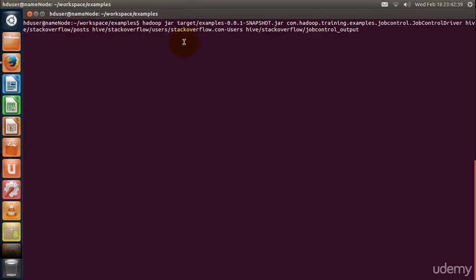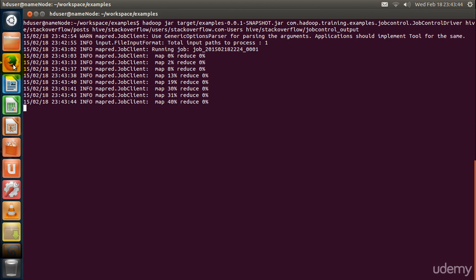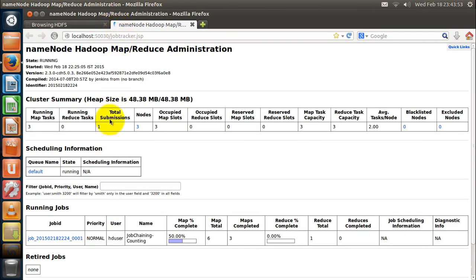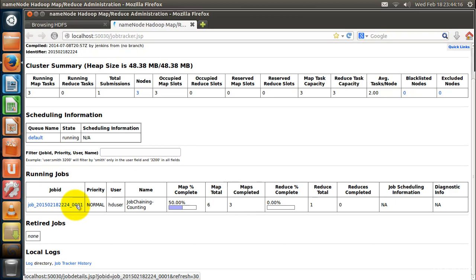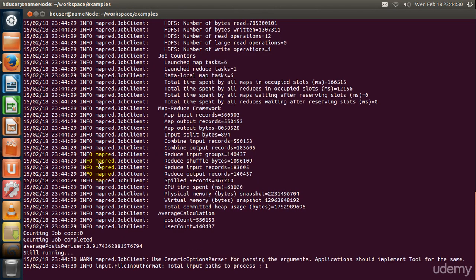Post dataset and user dataset are the inputs to this program. Let's check the job tracker web UI. Here is the first job running. First job has completed successfully.